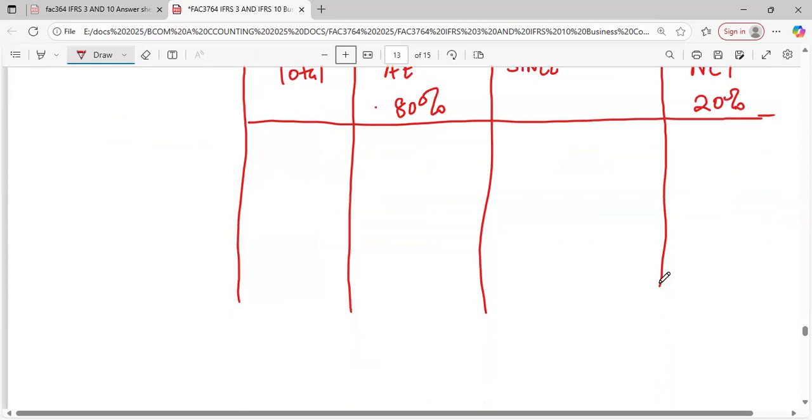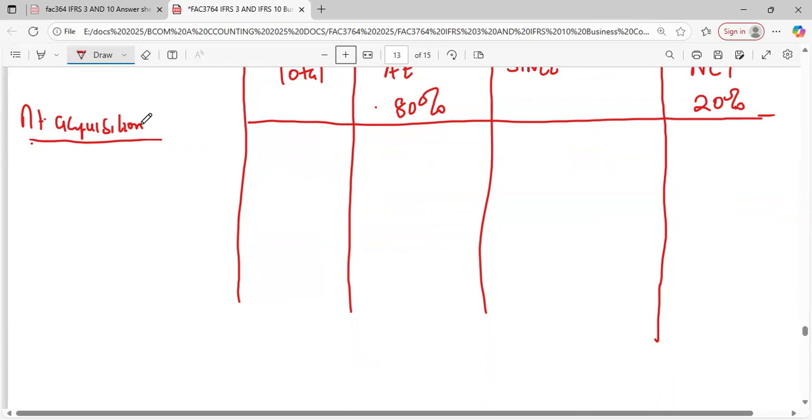So you come and do your analysis at acquisition. So at acquisition, what you want to do is to check the equity of the subsidiary